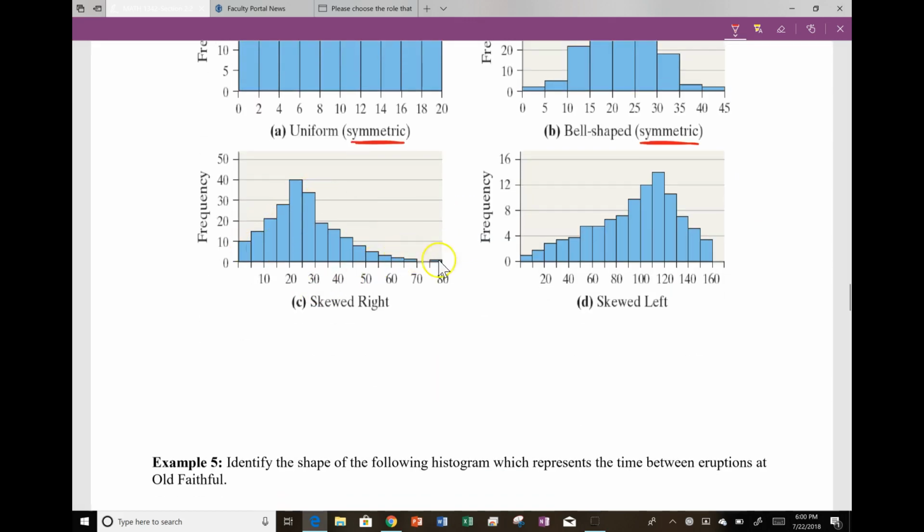Now here is a skewed right. Notice that we have this tail over here with the smaller frequencies. This one is a skewed left. The frequencies are maybe larger, but they're still smaller than this other side. And I can't take half of this and flip it over on itself to make it a bell-shaped or anything. You'll notice that I have the taller peaks on the right side for the skewed left, and the opposite side for the skewed right.